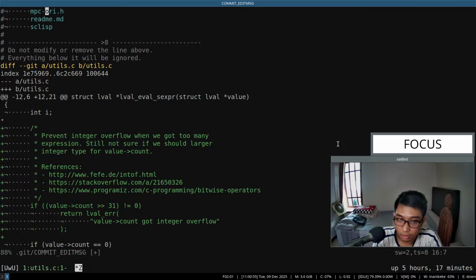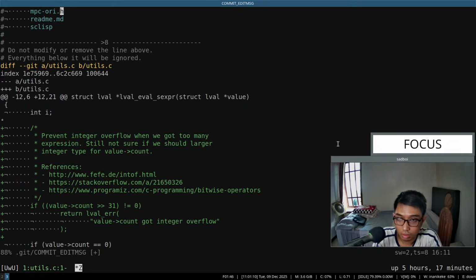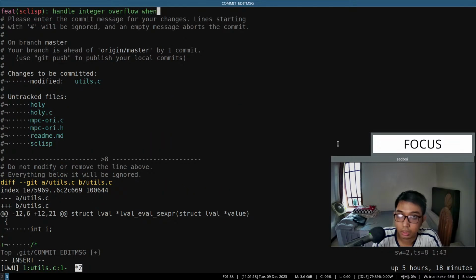Value count got integer overflow, handle. What is it called? When we have too many expressions, having to